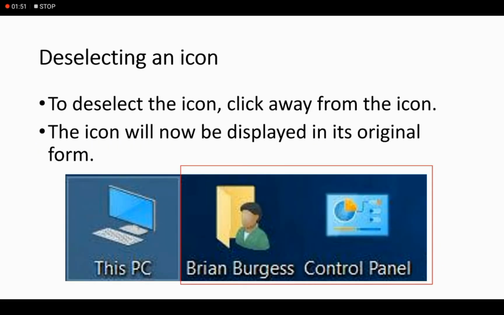To deselect an icon, if you have selected an icon and you want to deselect it, you just have to click anywhere on the screen. As soon as you click anywhere on the screen, the selected icon will be converted to a deselected icon.